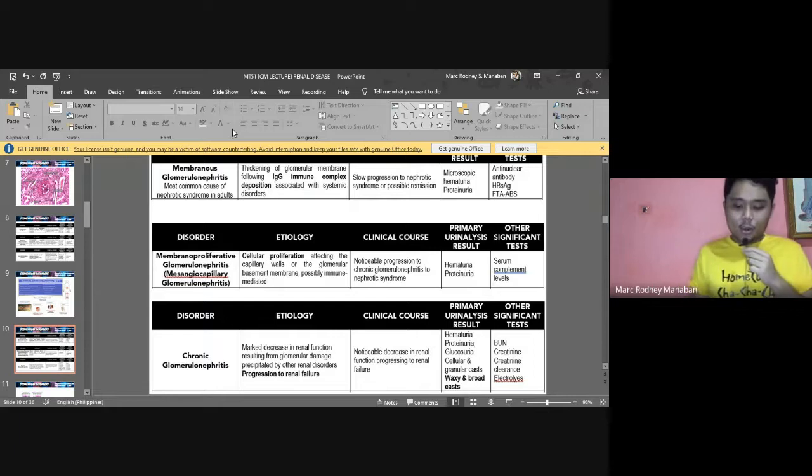All right. For clinical course, of course, noticeable decrease na renal function, progressing to renal failure. So, ang kidney function test nimo medyo elevated na. Imong creatinine clearance is decreased. Okay. So, therefore, your kidneys is starting to fail na. Dili na niya kaya mo filter, mo accumulate ng mga toxic substances. Of course, azotemia and uremia, di ba? BUN, creatinine taas na kaayo.